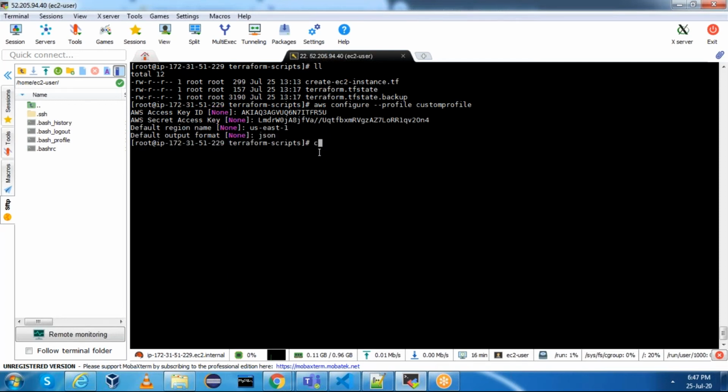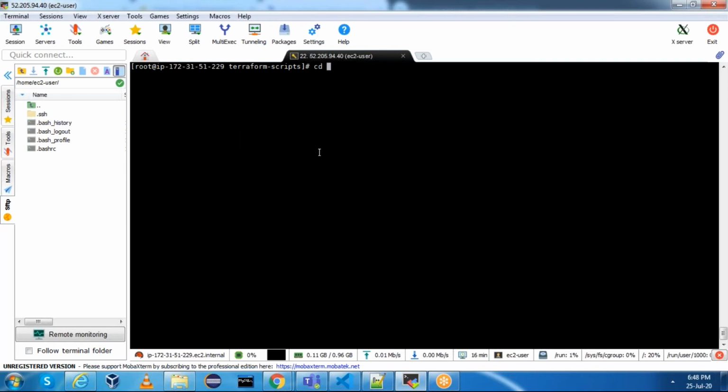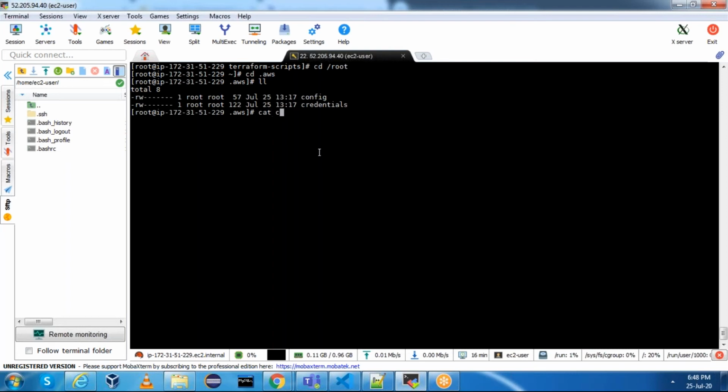And if you see this custom AWS configure, the path will be here, cat ~/.aws/. We need to go to root. In the root .aws, here we have cat credentials. If you see, we have custom profile, access key equal to this, secret access key equal to this.